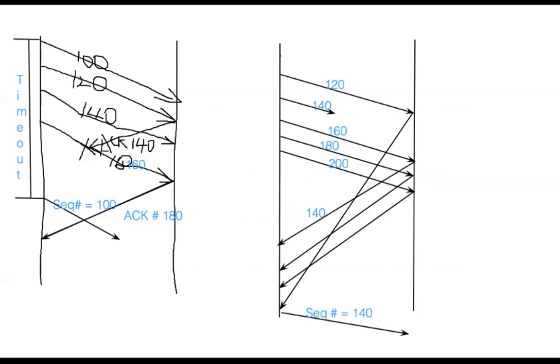The idea for Tahoe is, I will first go 1, then 2, then 4, then 8, then 16. Suppose we don't set up the threshold window. Next class, I will do the threshold window. If next time I do 32 and find that a loss happens,